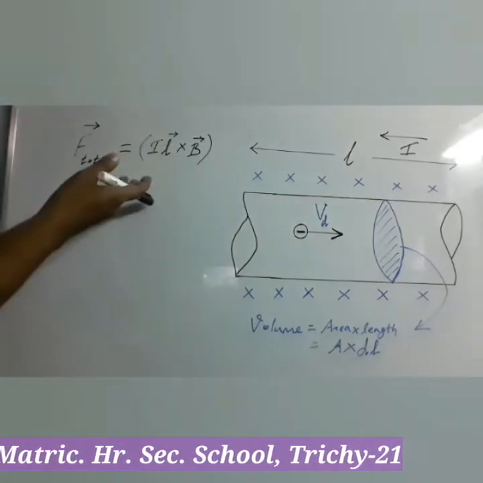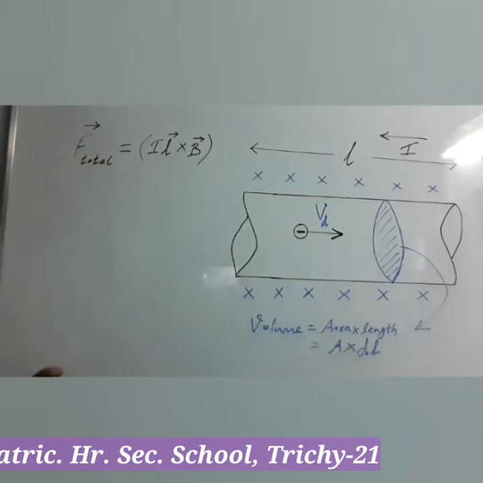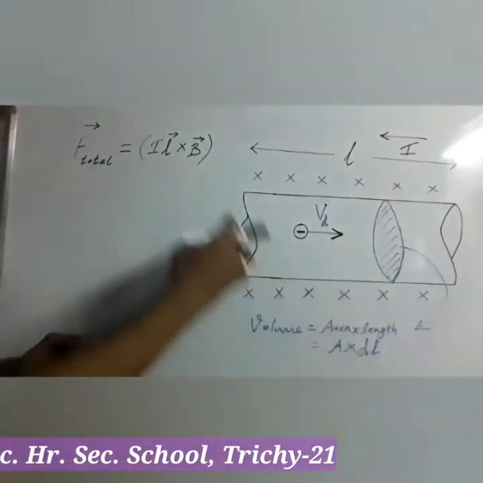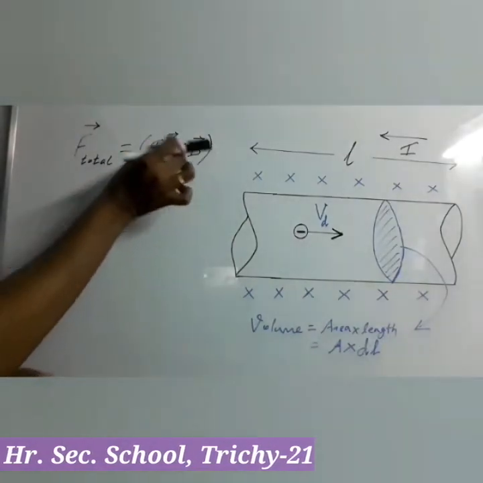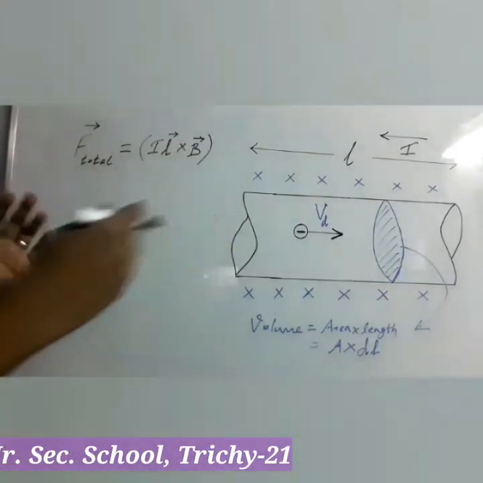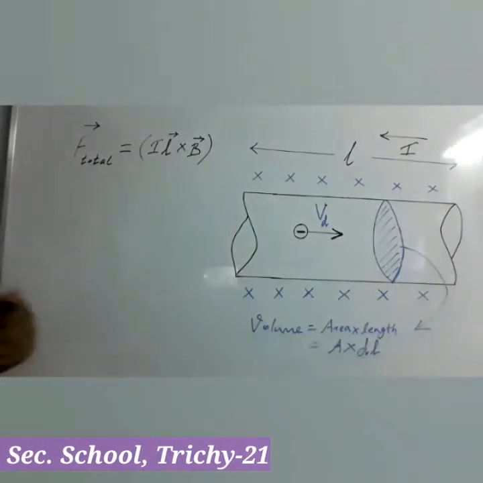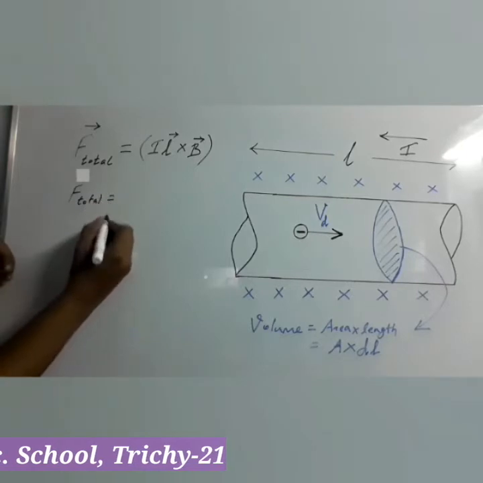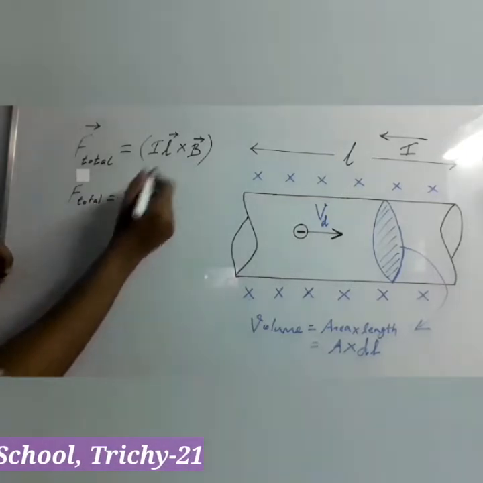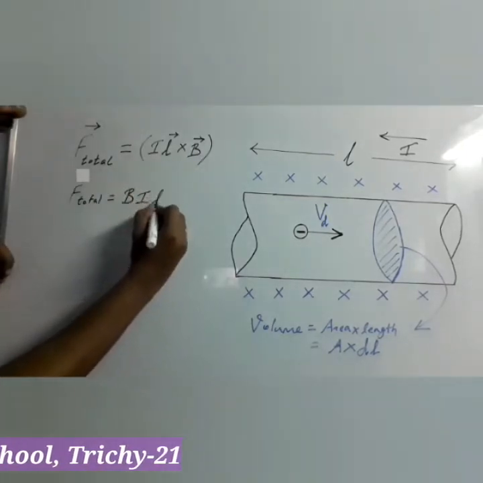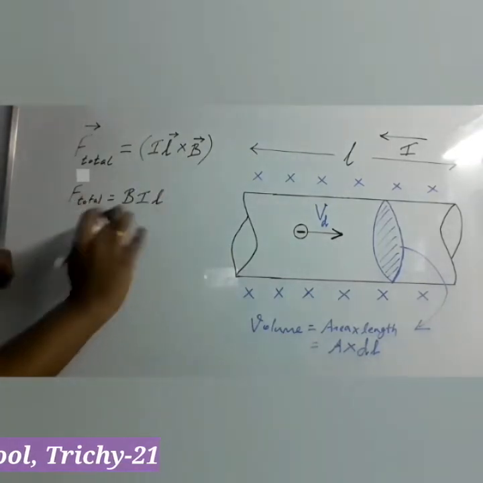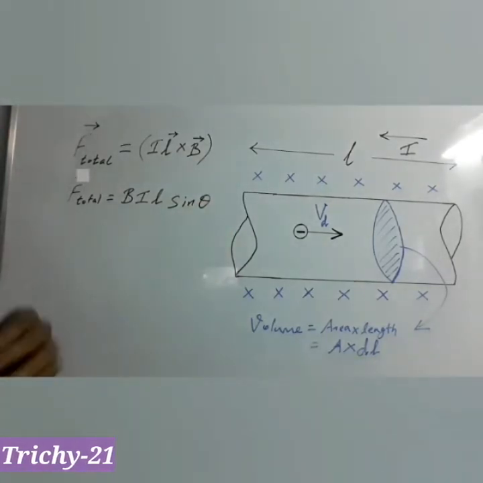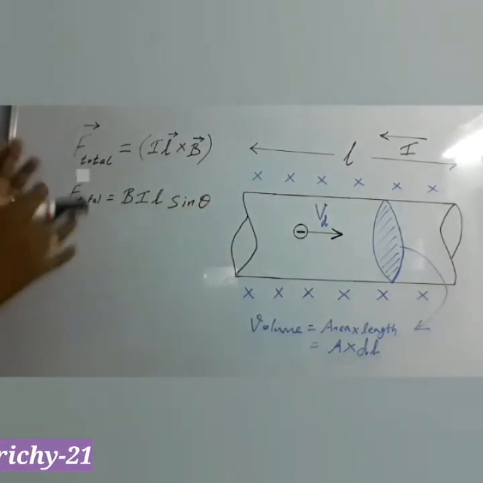It is the expression for the total magnetic force given on the current carrying conductor in the magnetic field. Here, instead of that dl, I have substituted the length of the conductor, that is L. Now we can find the magnitude of the force, that is equal to the magnitude of B vector, that is B, magnitude of the current element IL. Since it is a product, we can change the order, no problem. We can write sin theta, since it is a vector product, we have to use the sin theta.